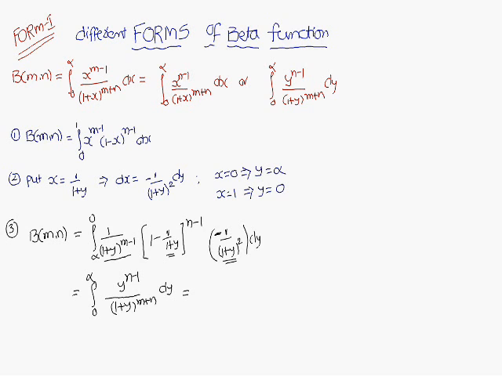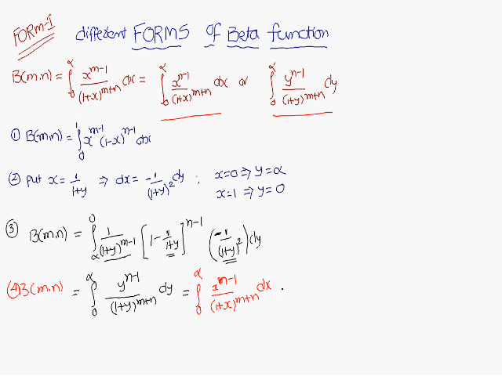So this is nothing but equal to integral 0 to infinity. If you write it in the general form, x power n minus 1 by 1 plus x whole power m plus n into dx. Okay, this is the beta m comma n. So we got one such form, from that one you have calculated this one. Next you have to write this one.